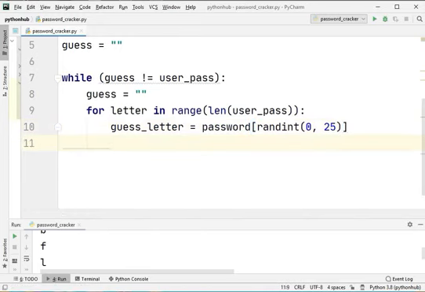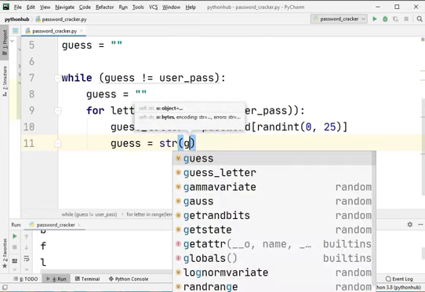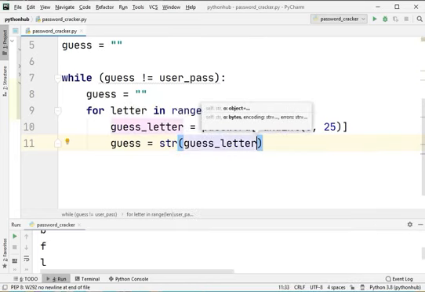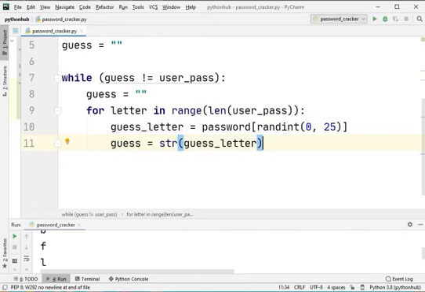Now we will use our guess to store that created guess letter. We will convert it to string type and then concatenate it with the last guess.